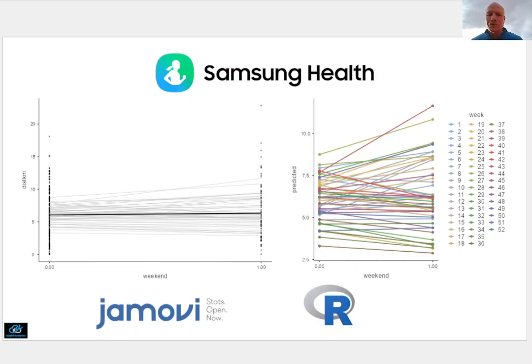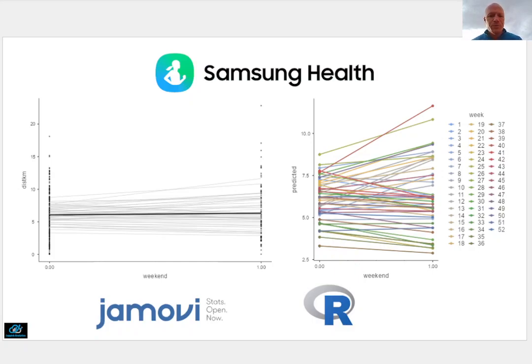If you haven't heard of the Samsung Health app yet or want to learn more about it, in one of my previous videos on this channel I provide an example using daily sleep and walking data, and in this video I zoom in on the walk data that I introduced in that previous video. The Samsung Health app allows users to download one's own data in the form of a comma-separated value or CSV file, and the analysis that I discuss in this video can be done in open source software such as Jamovi